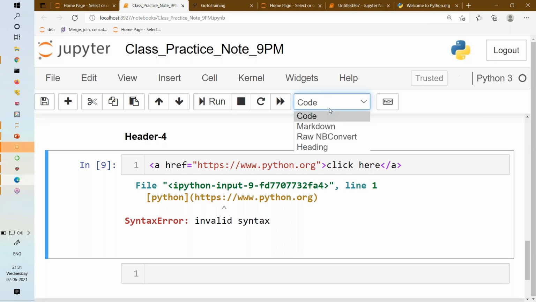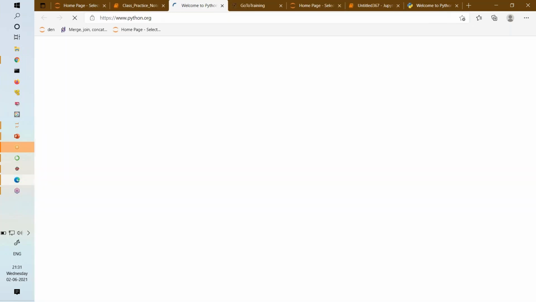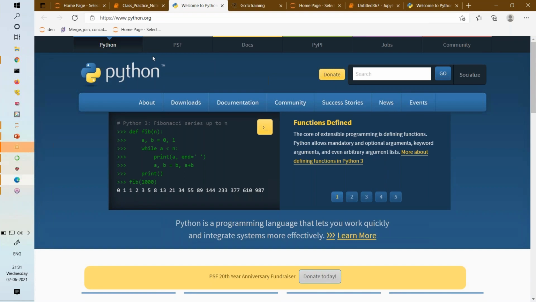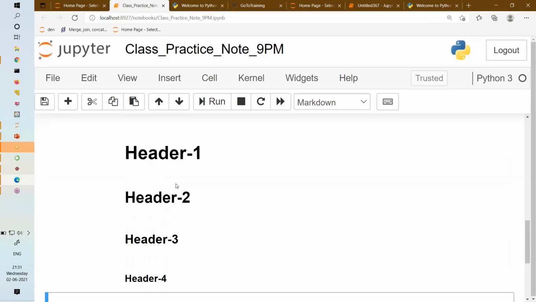Anytime you are forgetting, you can always use these markdowns, right? But anyways, I was missing these codes or something, but here also you can use a href. If you click here, it is going to python.org. So let me repeat. What we are doing here is adding a hyperlink. For example, if you found some important document or reference you want to add, you can always add the documents here, right?